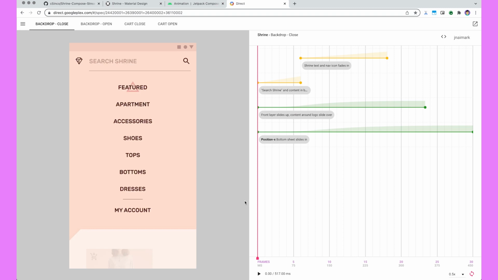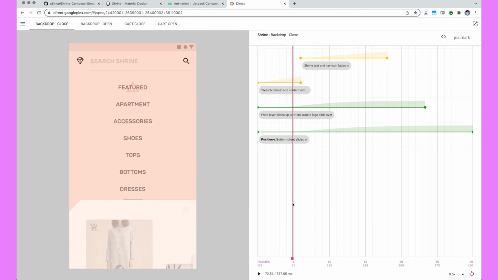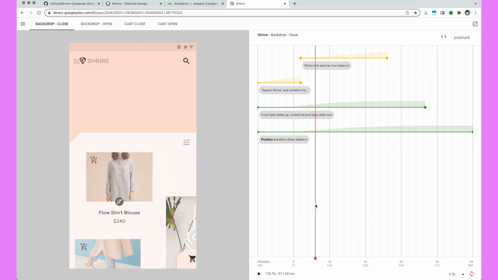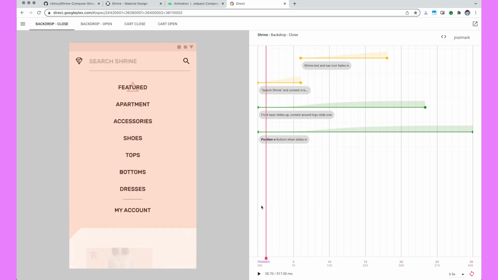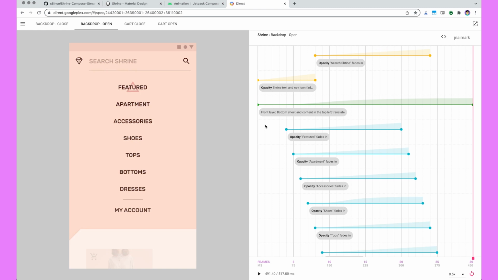You can see as I scrub through, the search Shrine input field moves to the right, the diamond moves to the right all at the same time, and then that logo, the little menu logo, comes back in, and the Shrine text comes back in. So that's the backdrop close animation with the menu items disappearing,